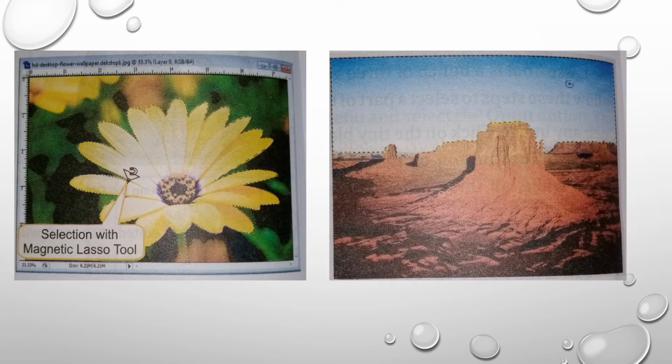Now the quick selection tool. This tool is used for quick selection. As you drag the mouse, the selection expands outward and automatically follows the defined edges of the image. The quick selection tool is used for selecting the part of the image which requires great precision to reach. Click on the quick selection tool, drag the mouse to make your desired selection. If the quick selection tool does not appear in the tool palette, right click on the magic wand tool and select the quick selection tool.